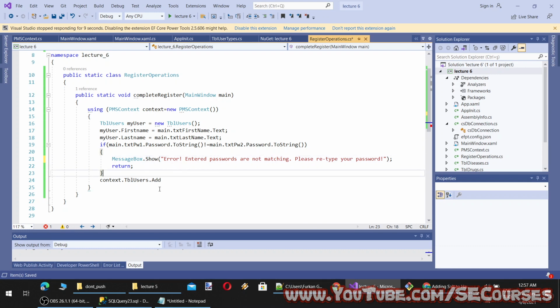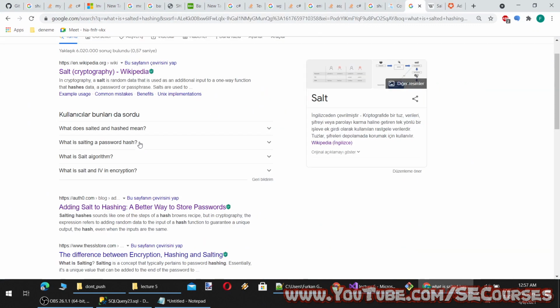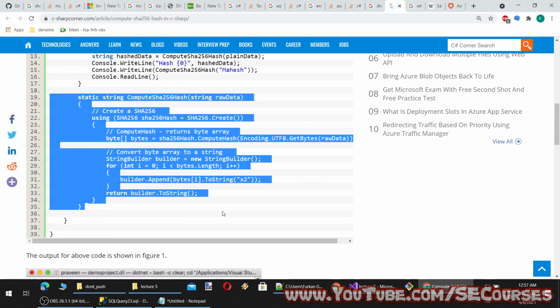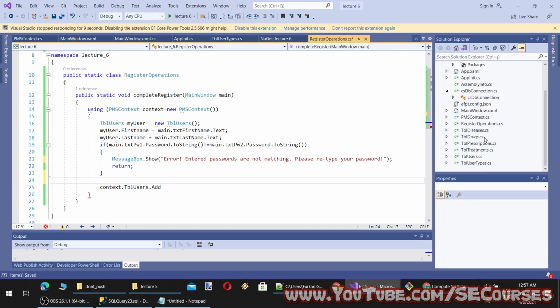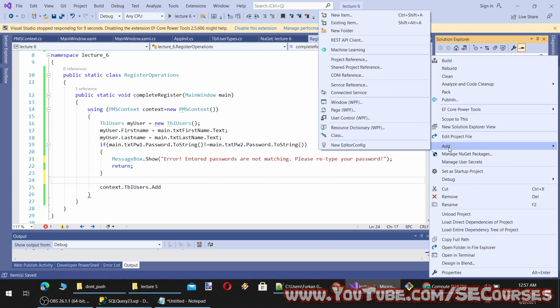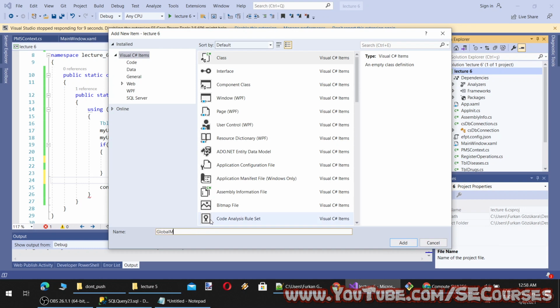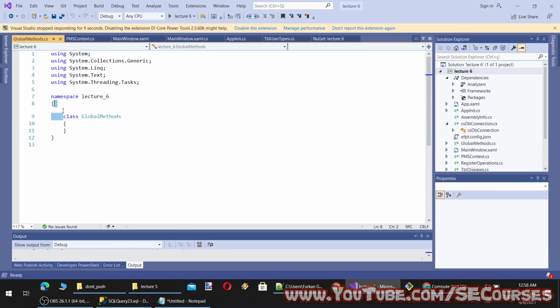Okay, then we are going to compose our salted password. So this is our SHA-256 function. So let's add another class as global methods. Okay. And public static, or let's edit something like this.